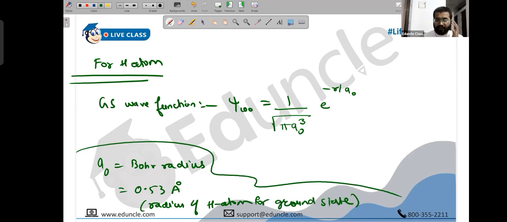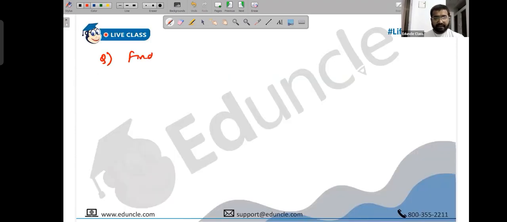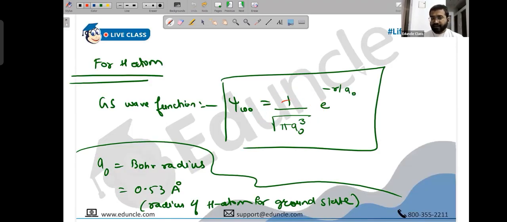Okay, so please learn the ground state wave function by heart. No other wave function are you expected to learn by heart. Sure. We can take a question here as an example. Find the expectation value of position for this ground state. Okay, let's do that. Actually, this is already normalized, if you realize. I could have just given you this, and you can take a question here if you want. Try this for your reference later.